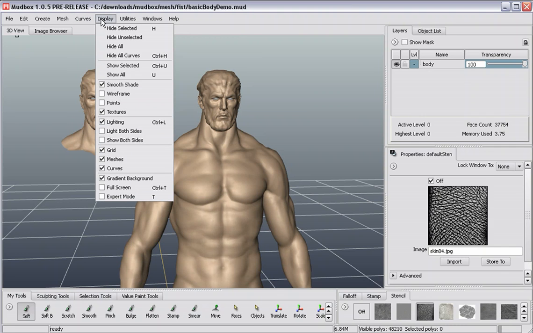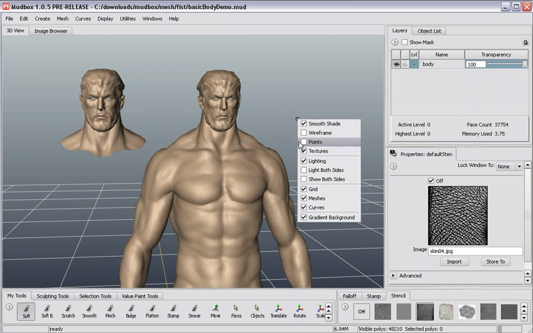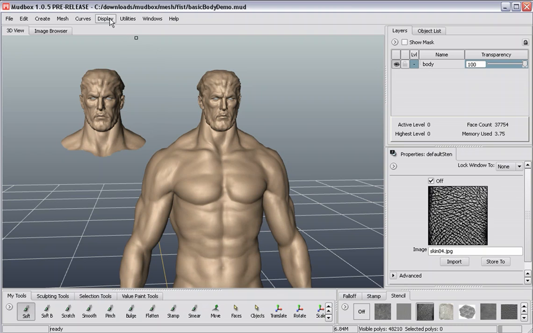We've got our display menu, which you can also access by just right mouse buttoning in an empty area of the 3D viewport. We've got some utilities here, and this is very important. This will hold your texture baking tools for creating normal and displacement maps and other types of maps. We've got our mesh displace utility here as well, and this is for displacing your mesh with a series of